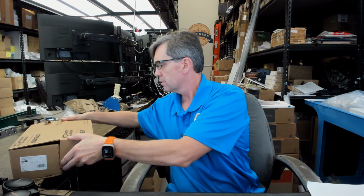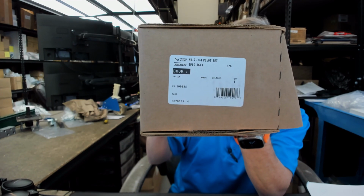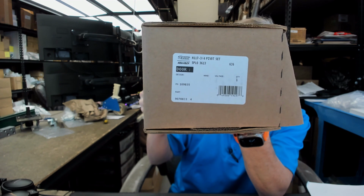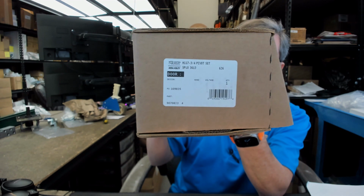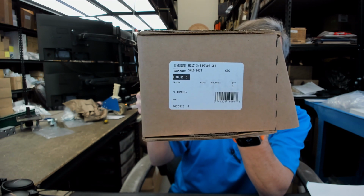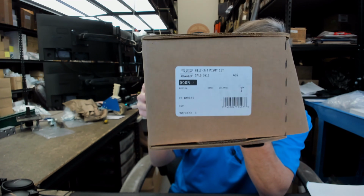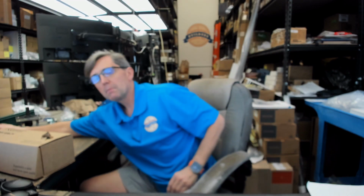This video is to bring you a closer look at not your run-of-the-mill pivot set, that's for sure. This is an H117-3/4, and if you're familiar with Rixson pivots, you'll be familiar with that. It's a center hung pivot for quite heavy doors, but there's an SPLO number there, 3613. What does that mean? Well, let's